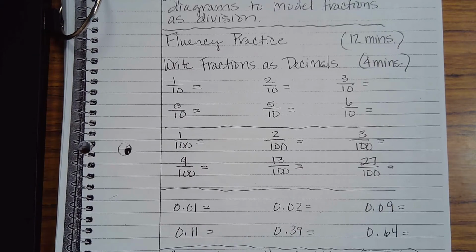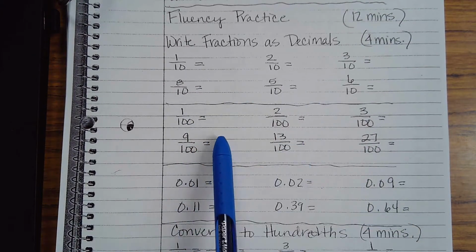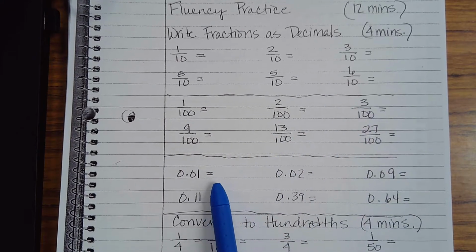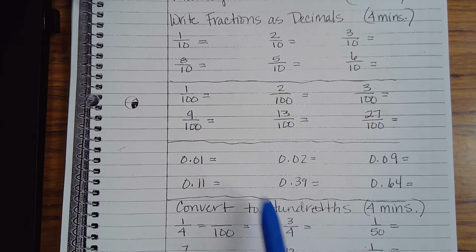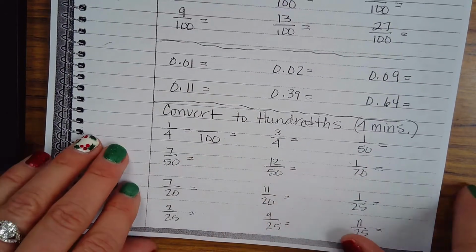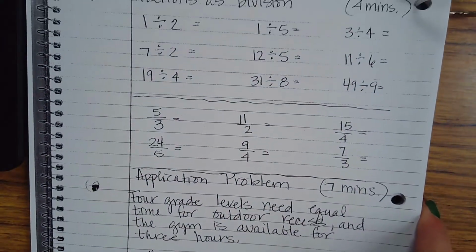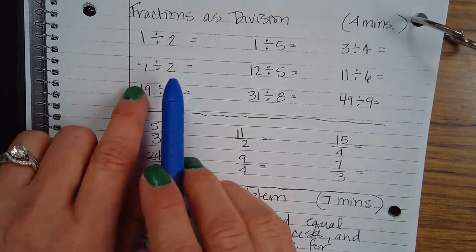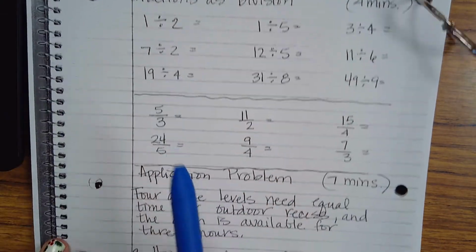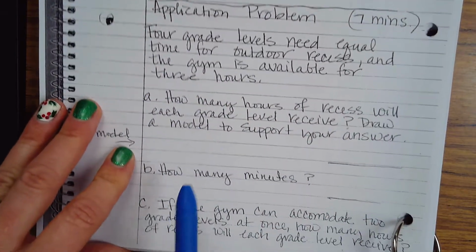So we're going to start off with some fluency. Write fractions as decimals. Turn these numbers into a decimal. Turn these decimals into a fraction. Then convert to hundredths, because that's taking a fraction and converting it basically into a decimal. Then show fractions as division. So you're going to turn that into a fraction, turn this into a division problem, and